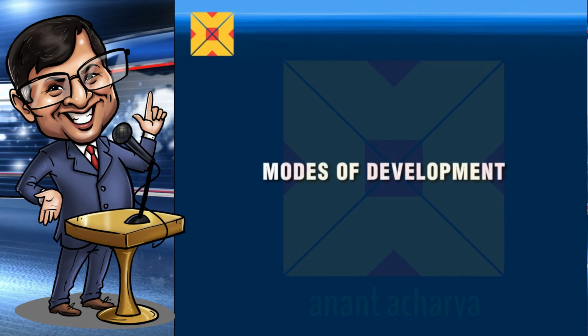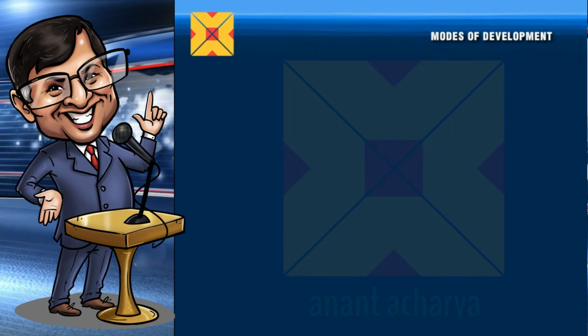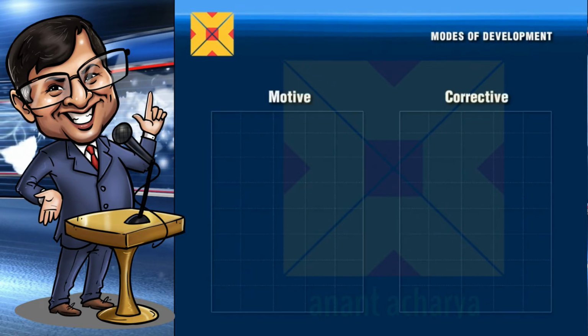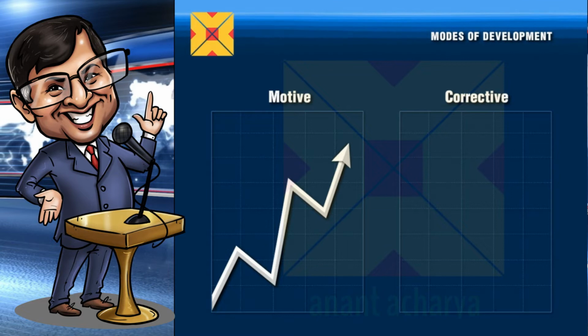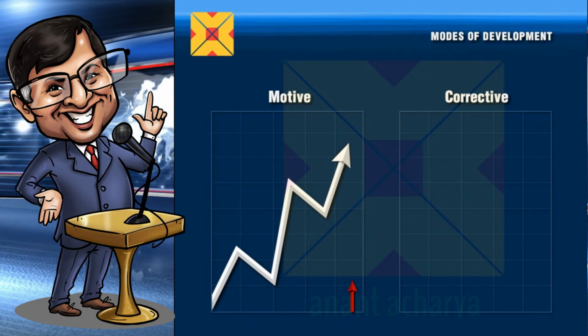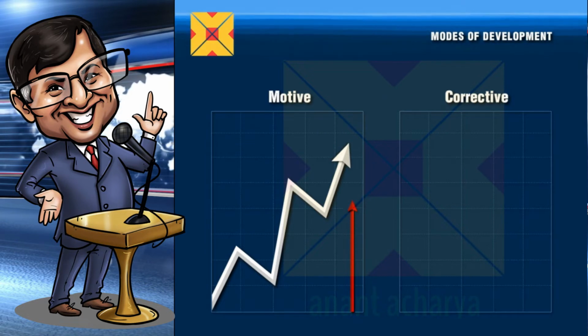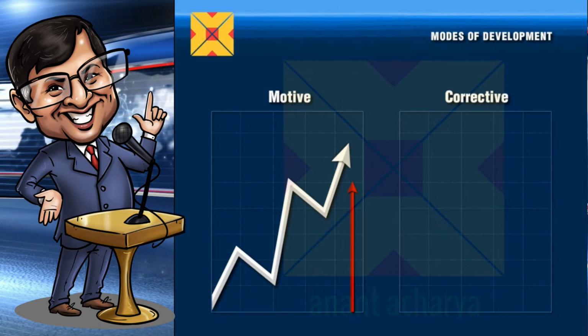Modes of development. There are two modes of wave development: motive and corrective. Motive waves are composed of 5 waves, and they resolutely move the market in one direction. It can be said that when markets move from one price territory to another, they sport motive waves. Motive waves are also called impulses or fives. A motive wave is a fast price movement in the shortest possible time.